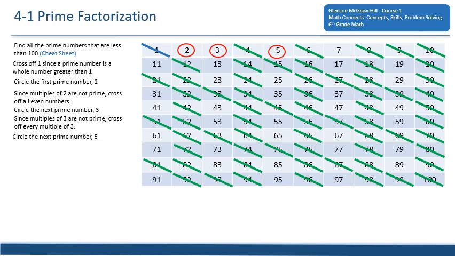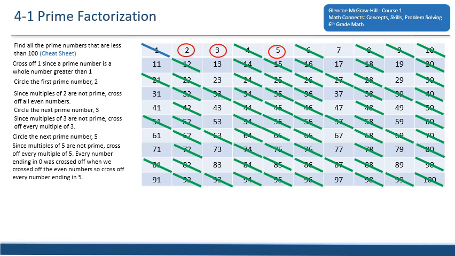And circle the next prime number, 5. So then we'll cross off all the 5s. And continue circling prime numbers and crossing off their multiples until you are done. So 7, 49, 77, 91. We have 11,